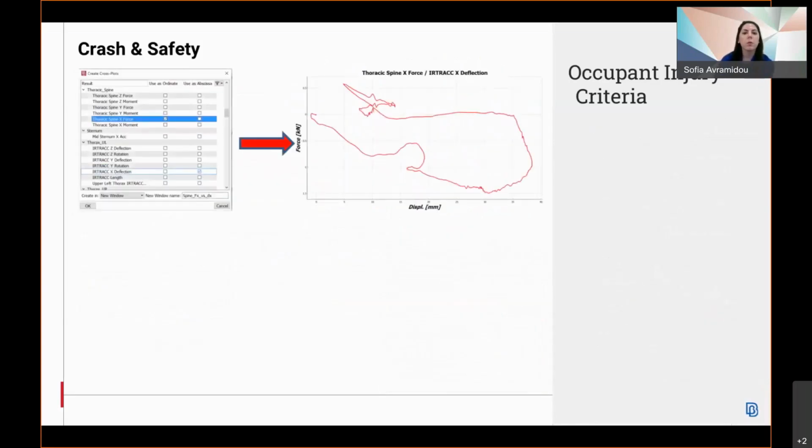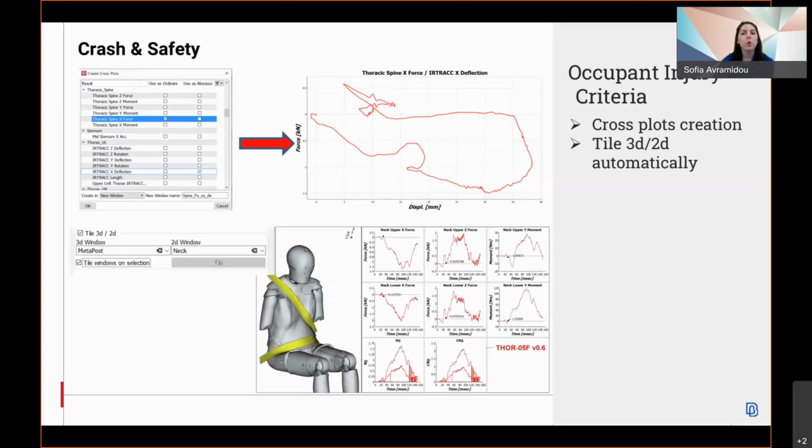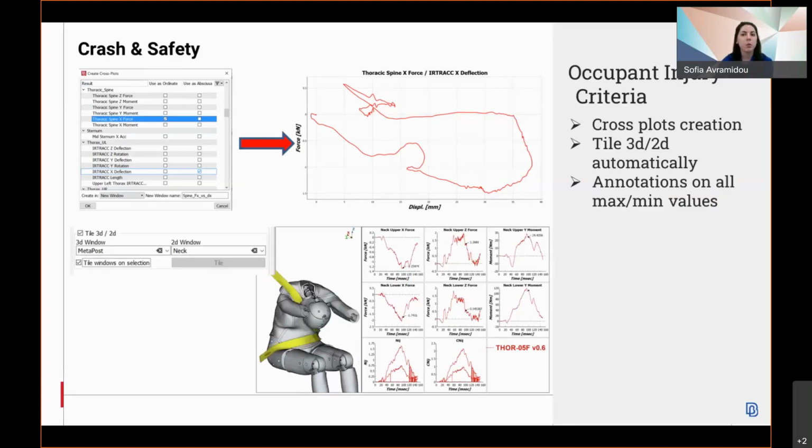Now, with regards to new capabilities of the toolbar, cross-plot creation is available, so we can select the desired results and, for instance, have a force displacement plot created. It's possible to load the 3D model and request tiling between the 3D and the 2D plot windows. It's also possible to request the creation of annotations on minimum or maximum curve values.